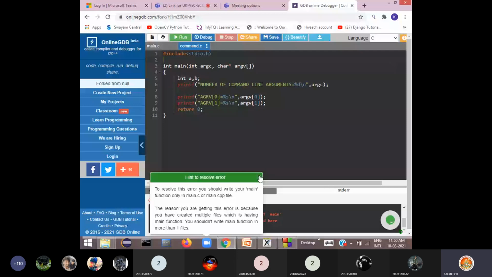Oh, you should write in main.c. What he's saying is you cannot create a separate file.